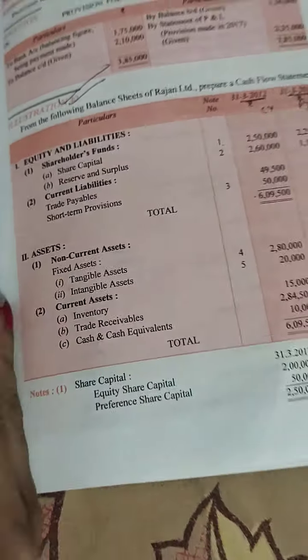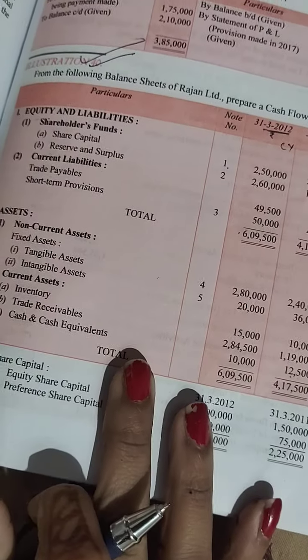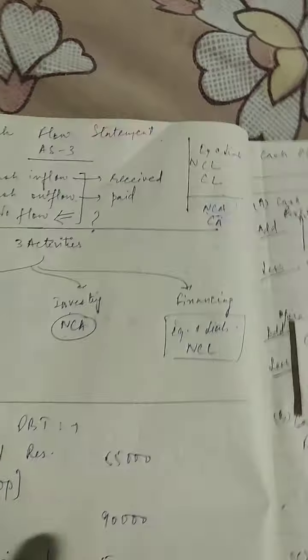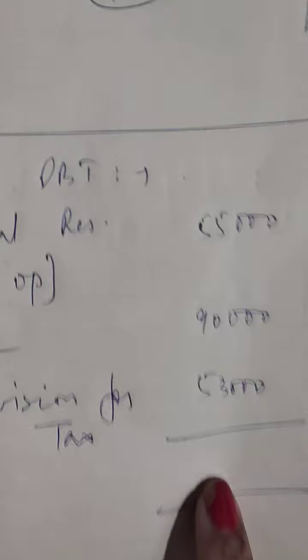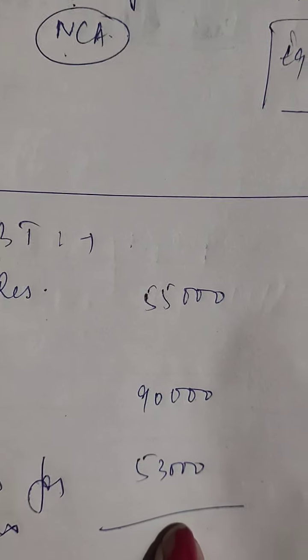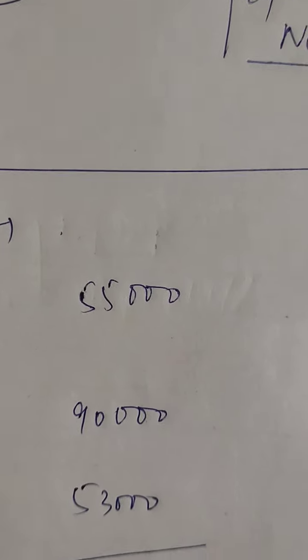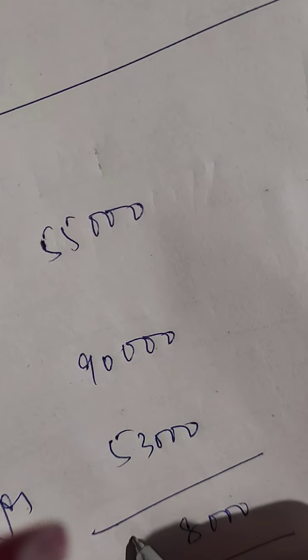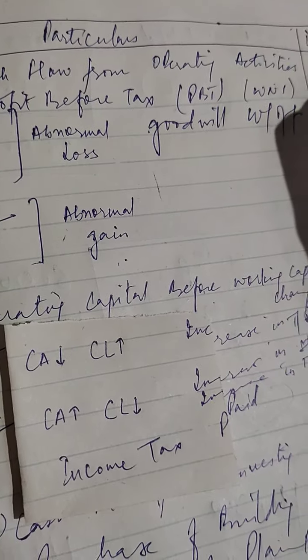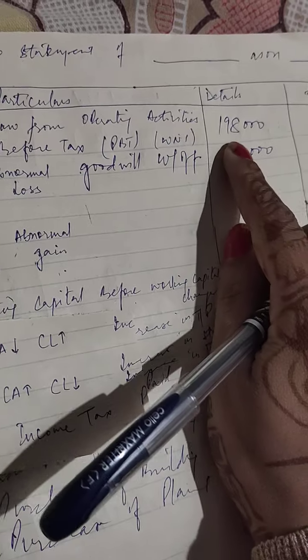CCE is not to be used till now, right? Because this is used for matching the answer, to check whether everything has been put correctly or something is wrong. Now what you need to do is, first take out the PBT amount from the working note. Please do the total: 90, 50 and 55. It will come out to be 1,98,000, right? So this comes out to be 1,98,000 PBT, right?